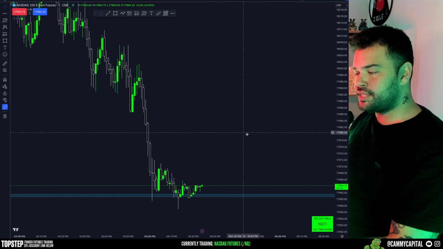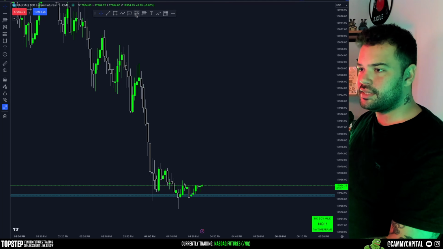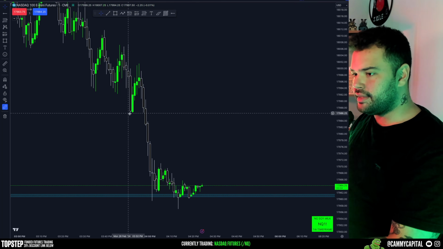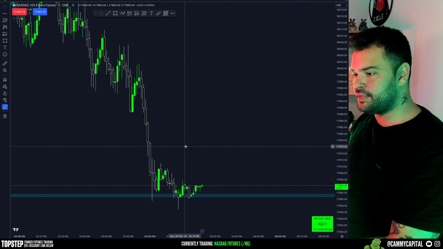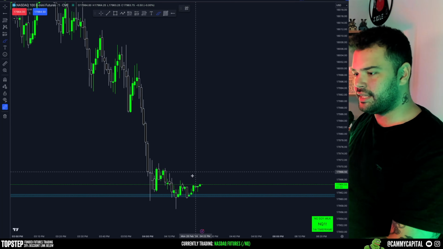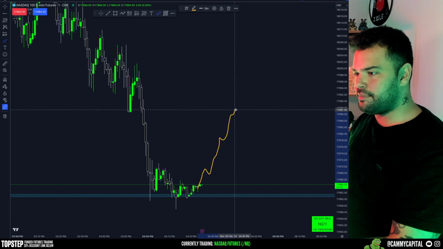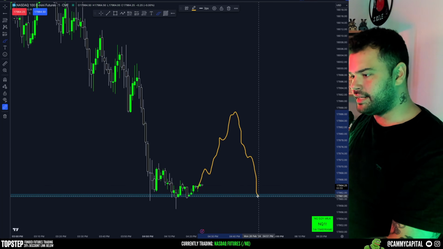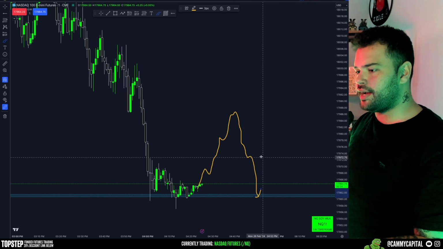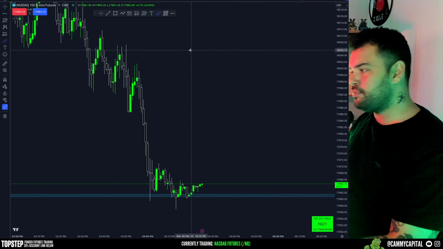And now say for example, I want to place a limit order. I want to go short from this level here, from where these green upwards candles are. So I might be anticipating that price will come up and tap that area and continue back down, for example. Let's say that's a trade I want to look at. So to determine my risk,